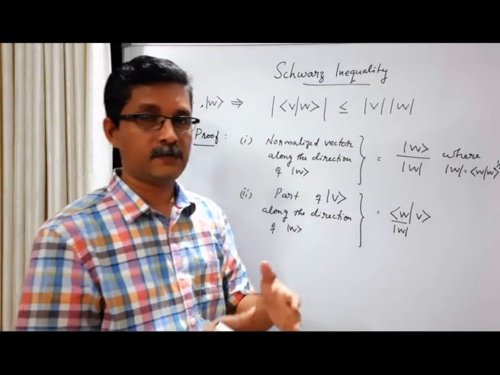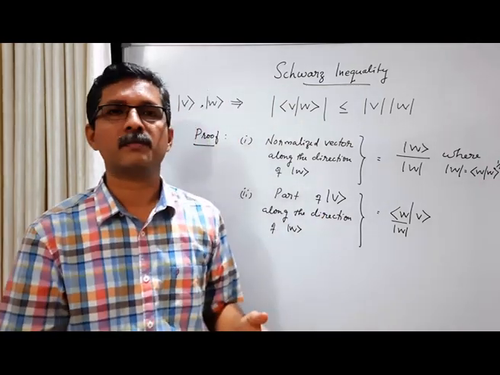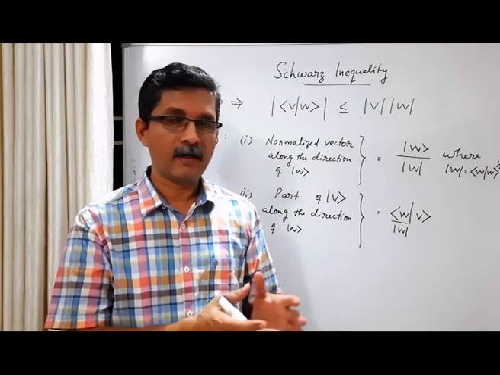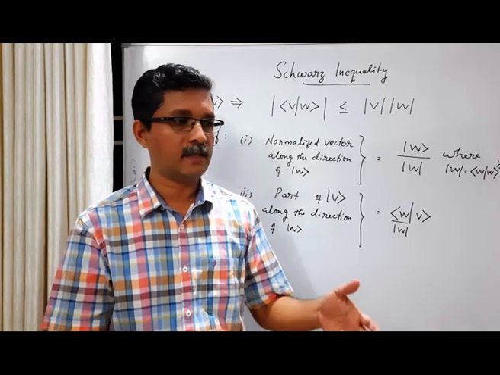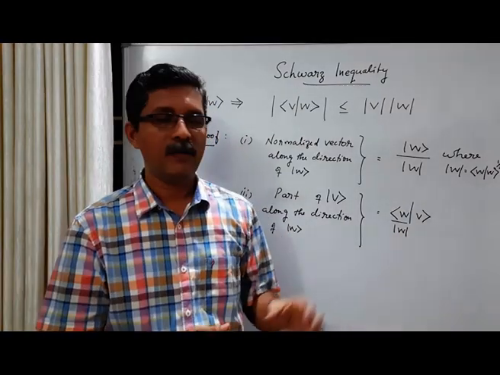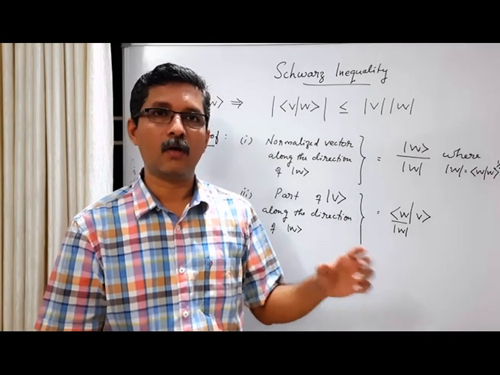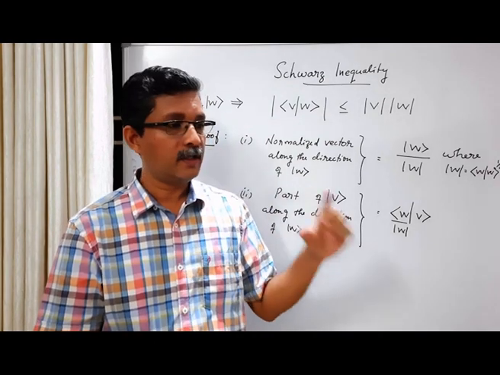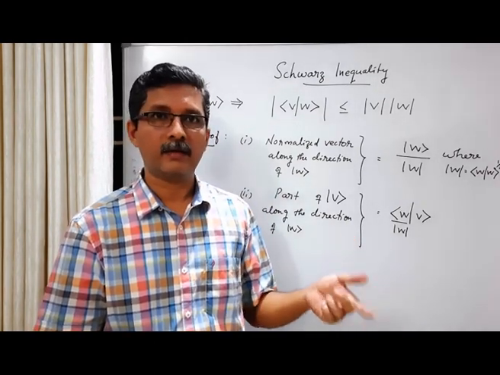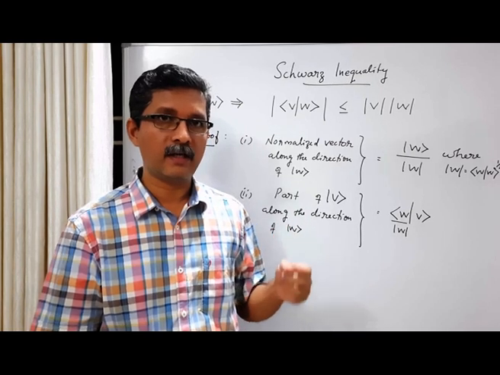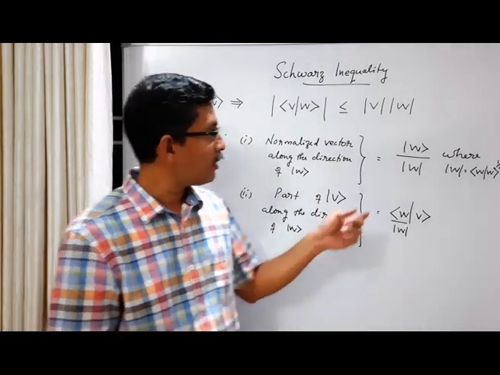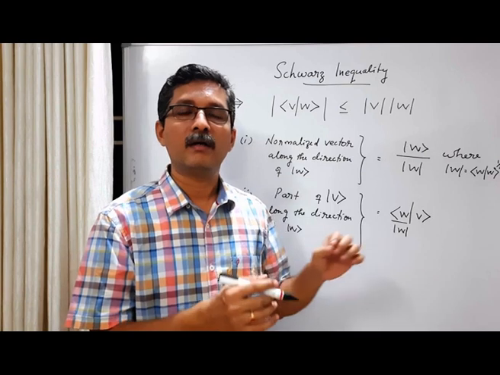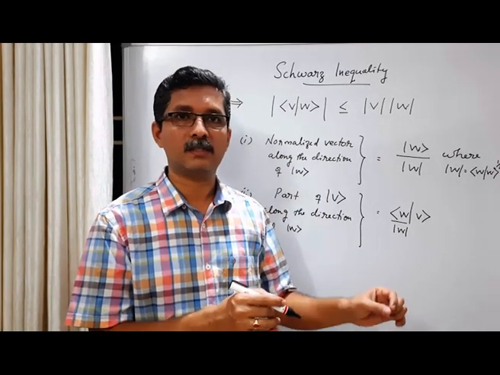Remember again, this we have discussed in the previous two classes. Suppose in three-dimensional space we have a generalized vector A. We can expand it in terms of, let's say, Cartesian coordinates, axi plus ayj plus azk. What is this ax? It is a component of vector A along the direction of x axis or unit vector i. How do we get this ax? i dot A. You take the scalar product between unit vector i and A. So in order to get the component of a vector along a particular direction, what we have to do is take the unit vector along that direction, and take the scalar product between this unit vector and the general vector.